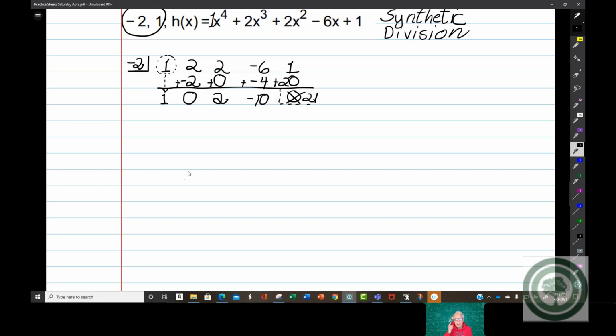There's other stuff here that's actually interesting. We've proven that -2 is not a 0 of h of x. But what else have we done? Here's what we've done. We have done the same thing as